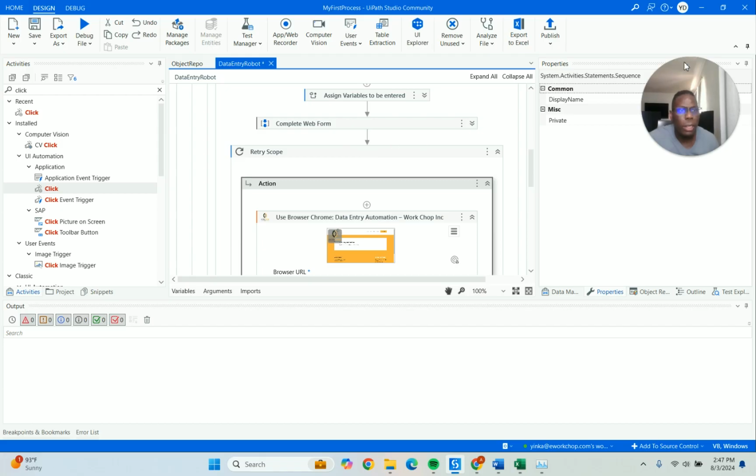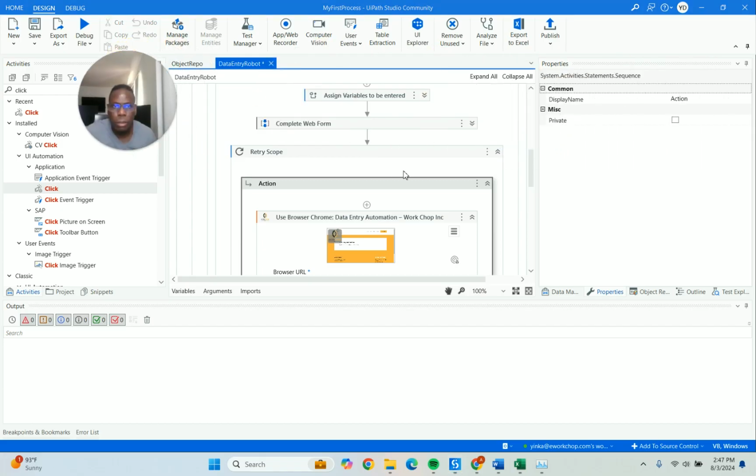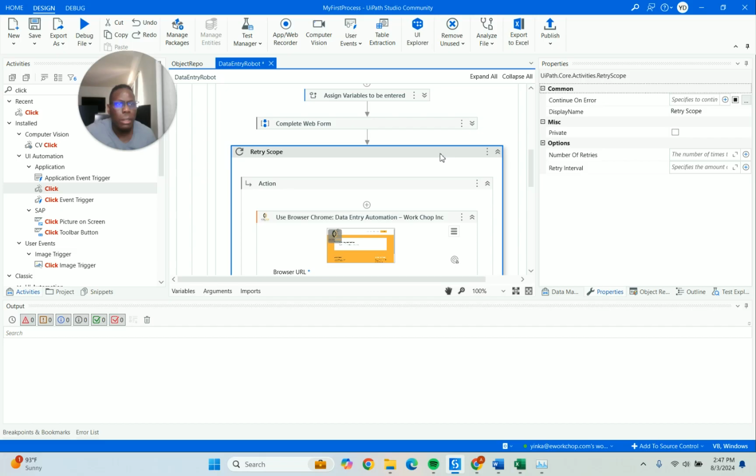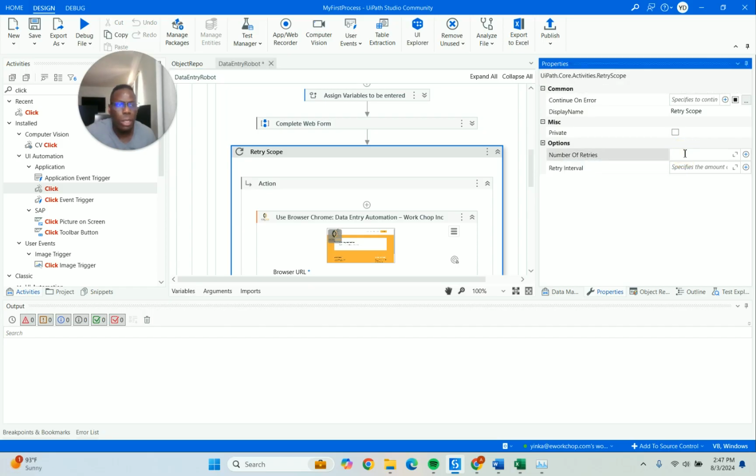But the retry scope itself, let me scoot my image over a little bit. What does it mean? It gives you the ability to do just that, but it also allows you to choose how many times you try. So for example, you might say try it 3 times or 2 times if that ever happens. And then how quickly do you want it to try? Do you want it to wait 5 seconds, 10 seconds before it tries again? You have the ability to do that. Just hit this